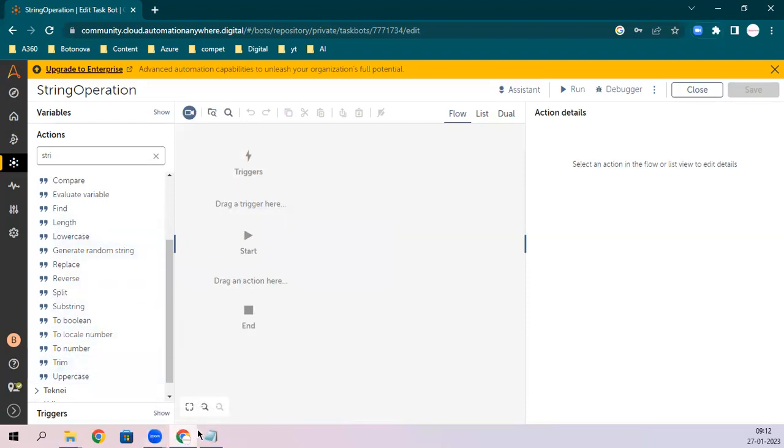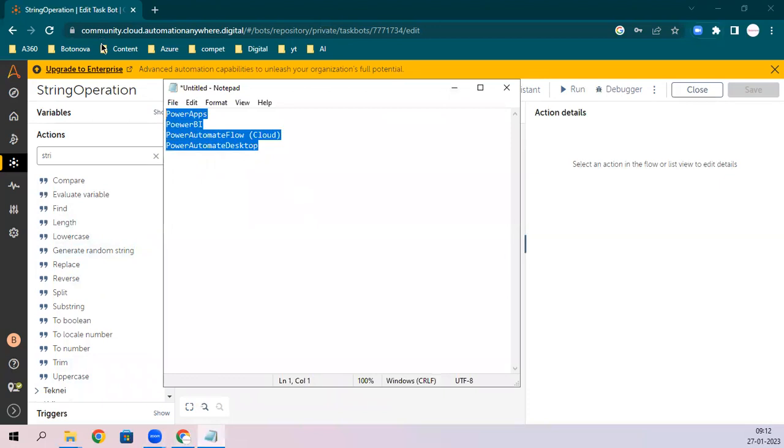Sometimes what happens, you get white spaces. Okay, there is a white space, an initial white space from the beginning. You have white space, but you cannot see it.